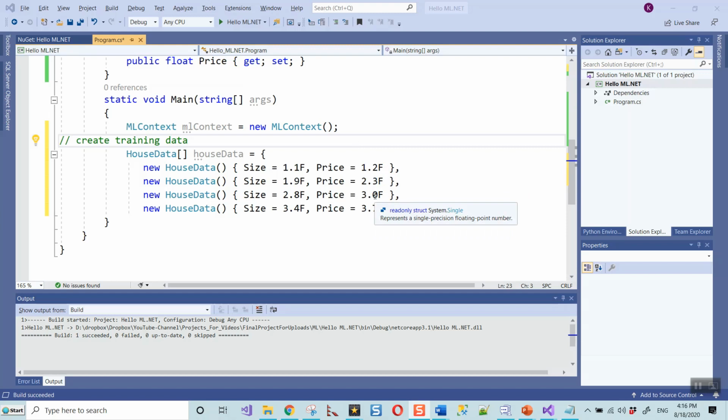So this is 300,000. And 3.7 multiplied by 100,000 is 370,000. That's how it goes.